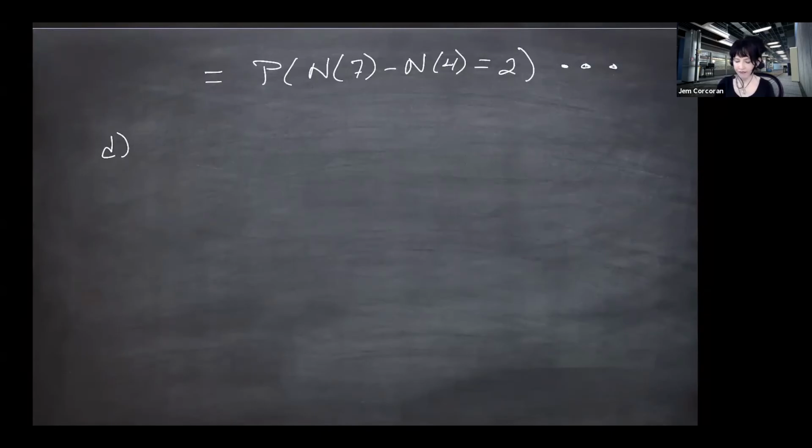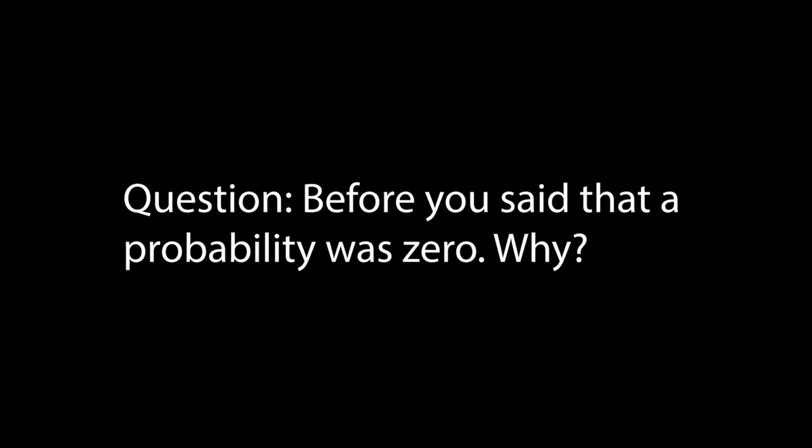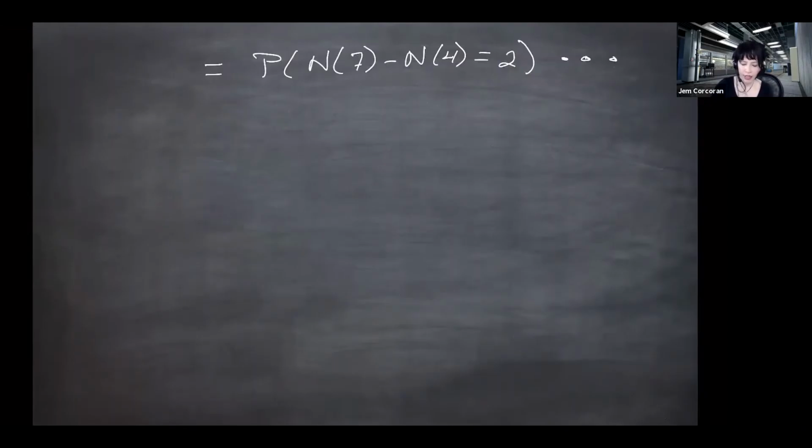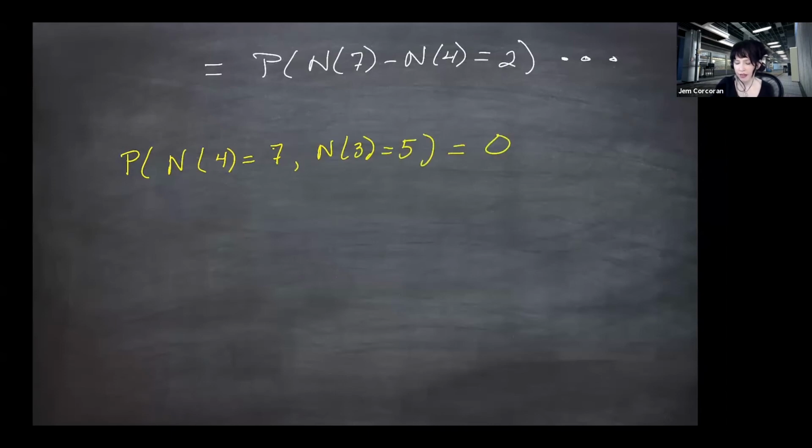Talk about D. So what I was saying was in that problem, it could have been a different problem. So it was N4 is 3 and N7 is 5. So the probability that N4 is 7 and N3 is 5, I said that that was 0 because,